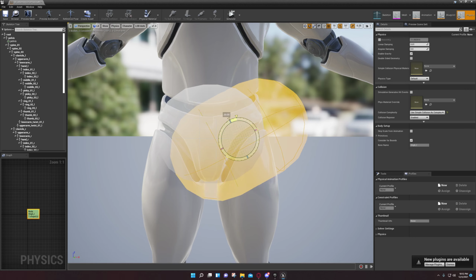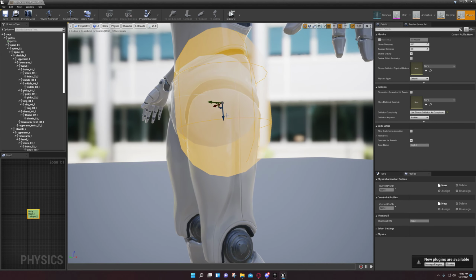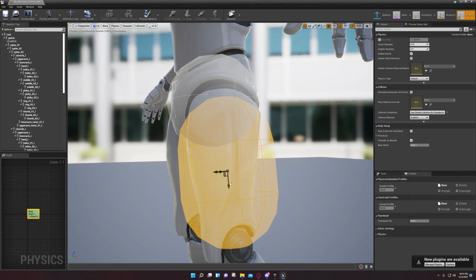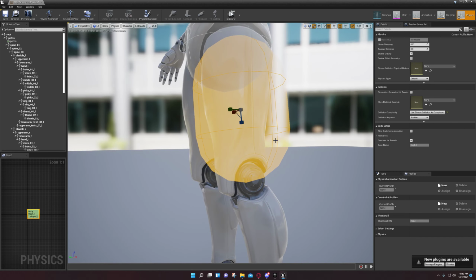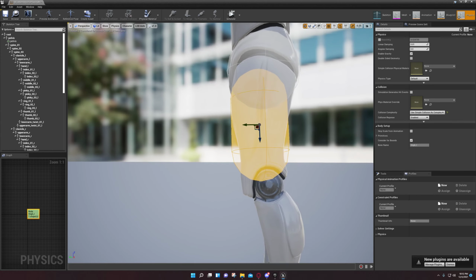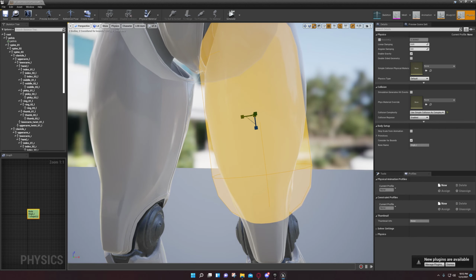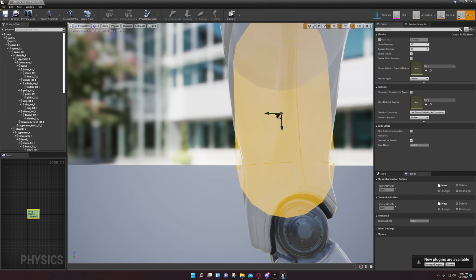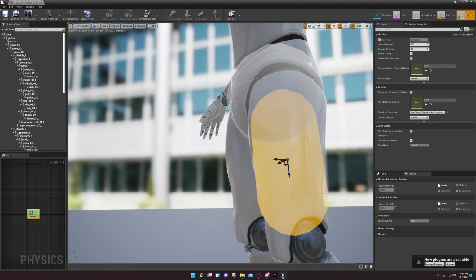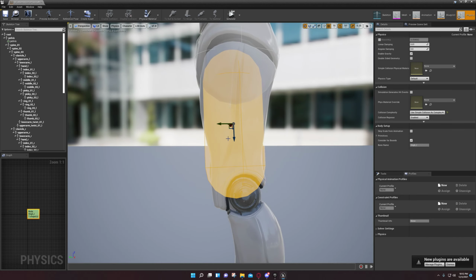Okay, so you're just going to rotate this 90 degrees. Move this down. Scale it in a little. Might need to move it up some. That's probably fine. We're going to scale it in this way a little. Move it over, make sure that it's probably okay. Now if you need to, you can make it longer